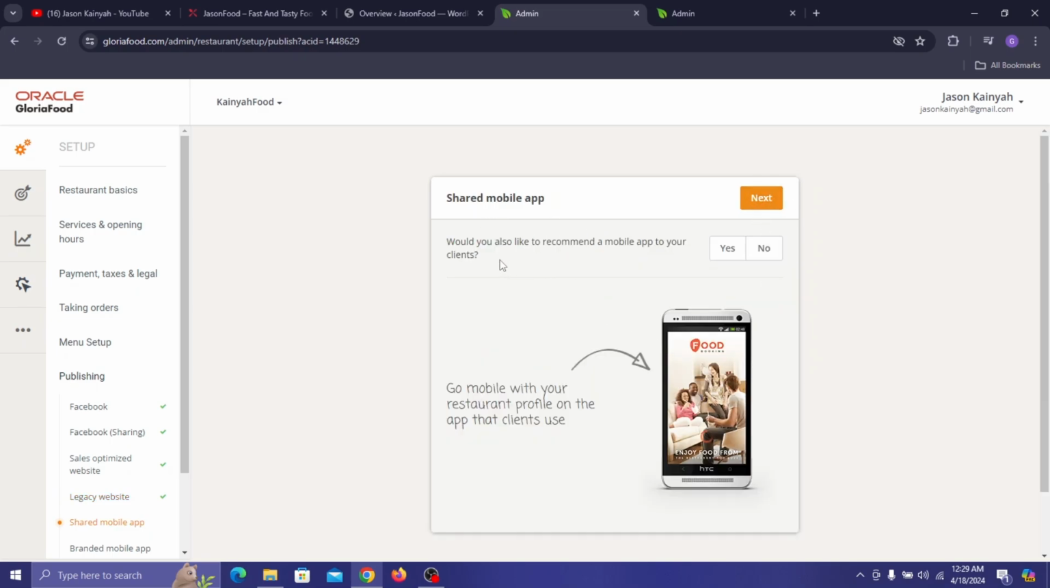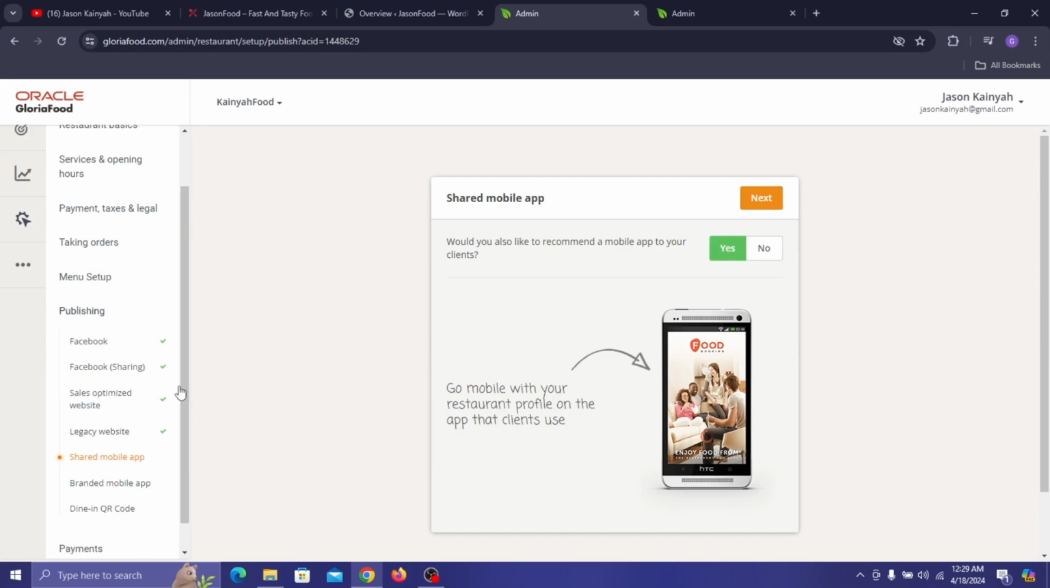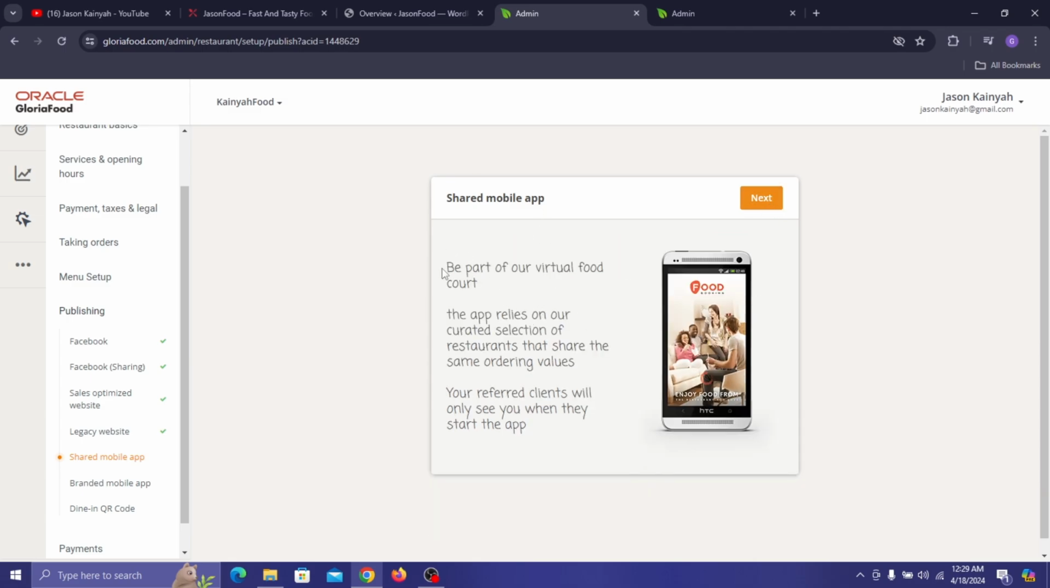Now, shared mobile app. Would you like to recommend a mobile app to your clients? You could do this. Just click on next, and then you have to apply. It says be part of our virtual food court, which is basically a platform that GloriaFood have created that you have to apply to join. Once you join, you can share it with your clients to start ordering and seeing your menu and everything